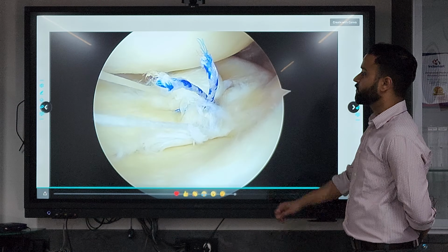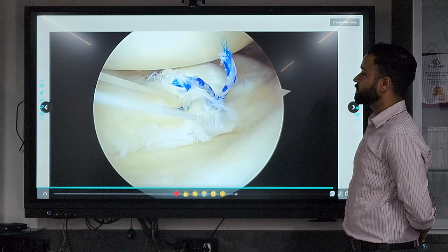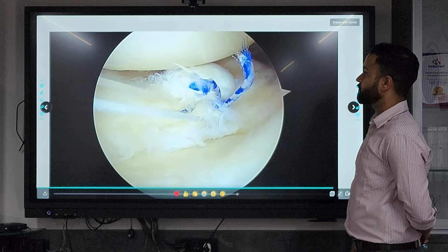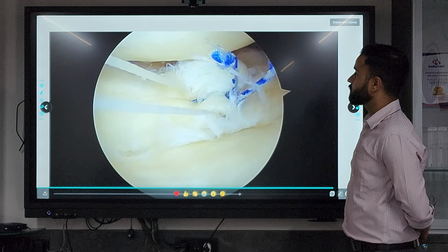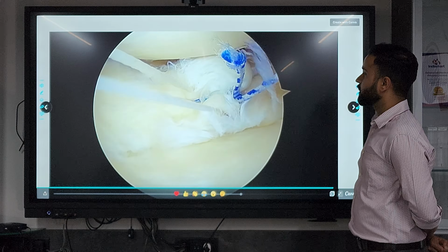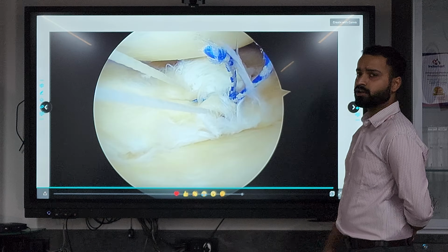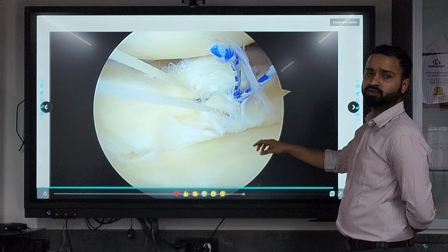It's just tying simple sliding knots. And once these 2 knots are in place, we are going to use all inside devices just to complete the repair.